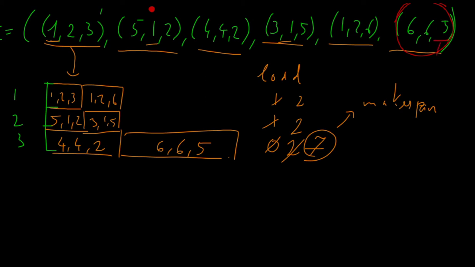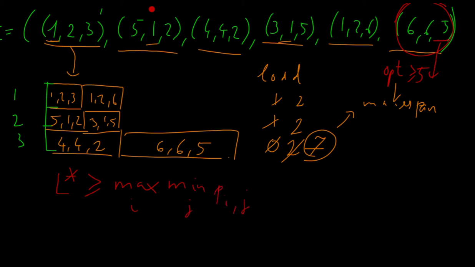And this means that the optimal makespan is at least 5. And in general, we have this bound that the optimal cost, which is still denoted as L star, is at least as large as the maximum possible minimum cost,